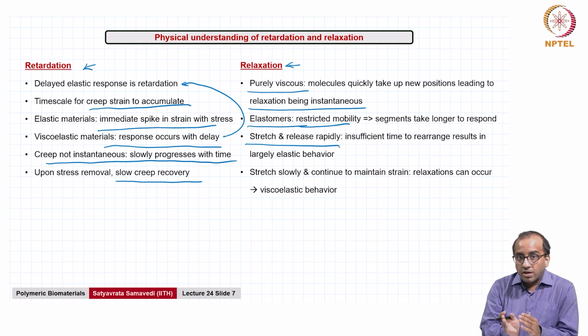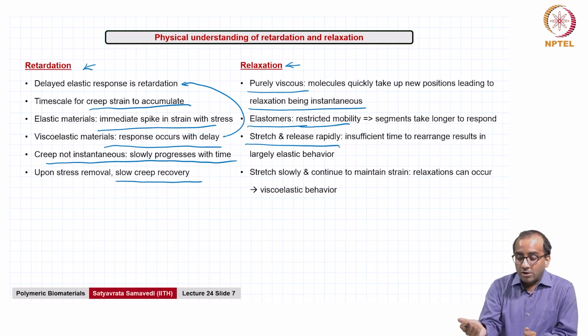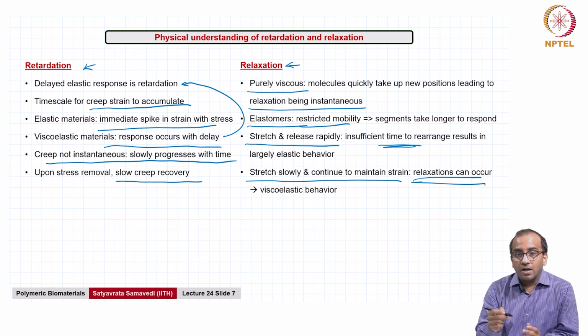Again, you see, we are talking about time scales here, and that's going to come up again in just a bit when we talk about the Deborah number. You are talking about stretching and releasing rapidly, so there is a time scale associated with that. And you are talking about a time scale required for molecular rearrangement within the polymer itself. And in polymers, you can have multiple relaxation time scales depending on what length scale you're talking about. You can have it go from bonds to segments to chains, etc. Whereas if you stretch slowly and continue to maintain the strain, these relaxations can occur,